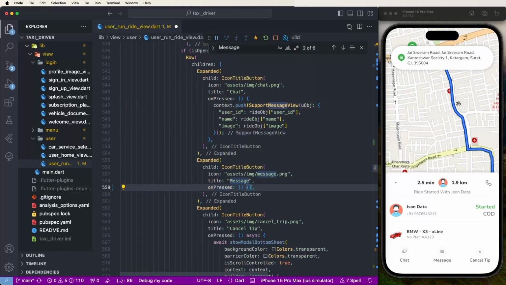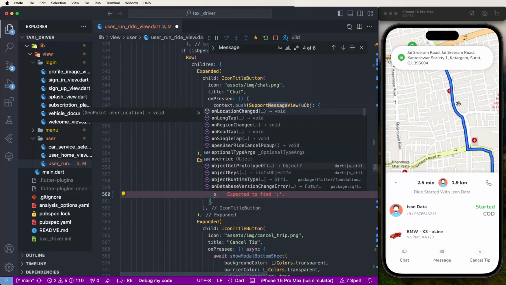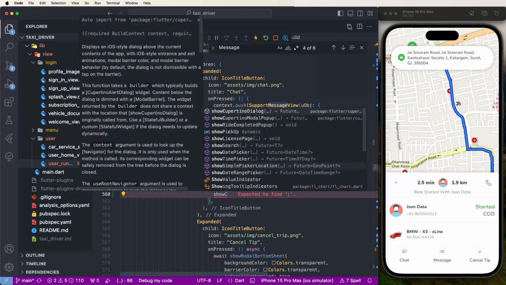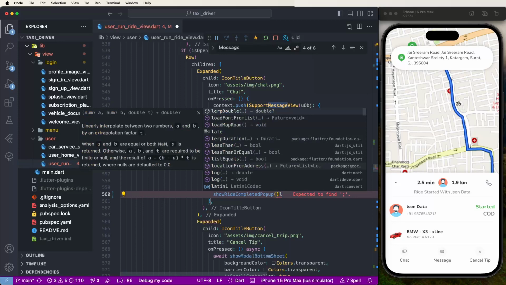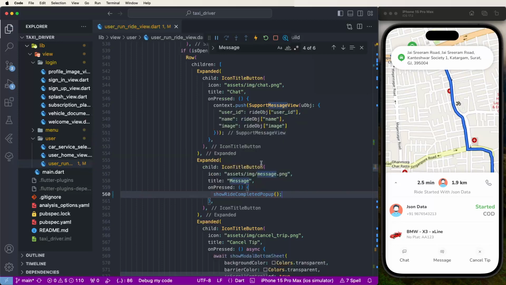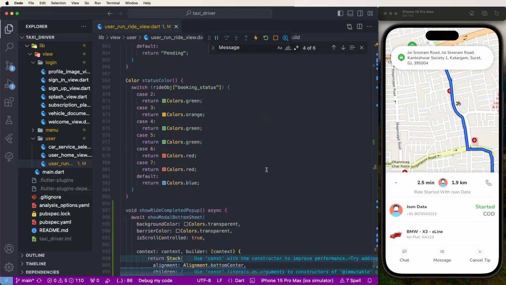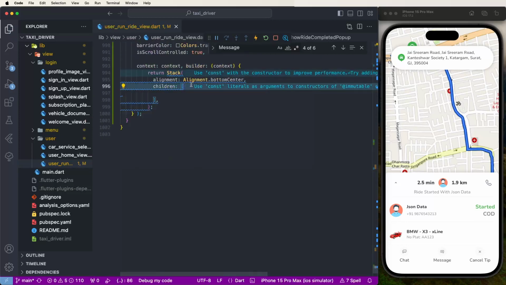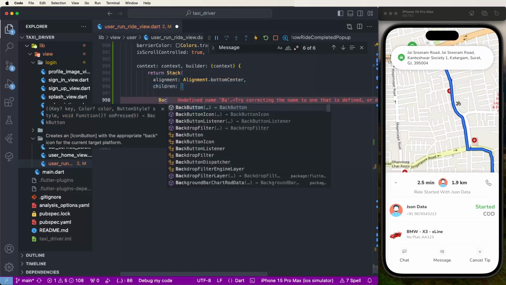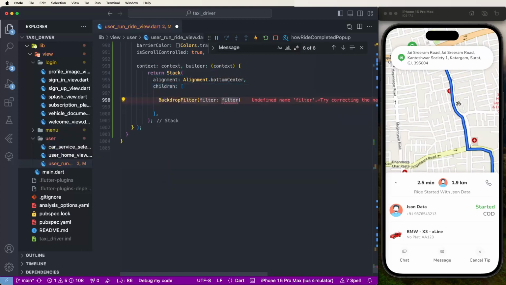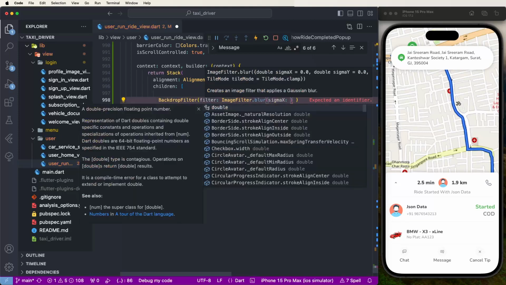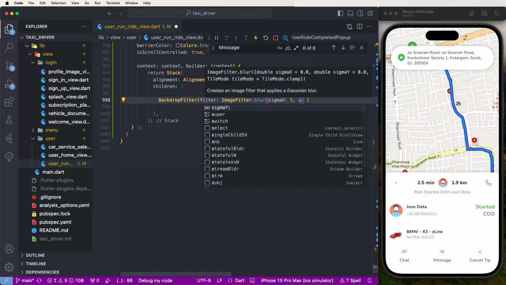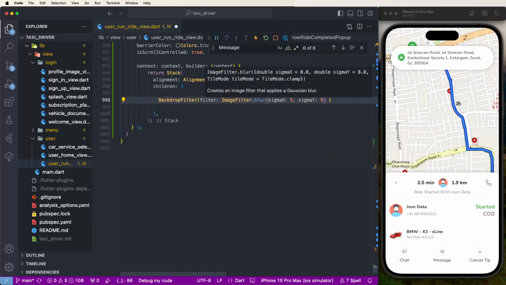Now we need to find and write down show complete right pop-up. Now need to set for the temporary. Need to set this here. Now need to create here blur layouts. Need to write down the backdrop filters. We need to set the filter, and as the filter I need to give image filters dot blur. Need to give sigma x, we need to set five, and sigma y need to give five like this. And then after need to create the children,